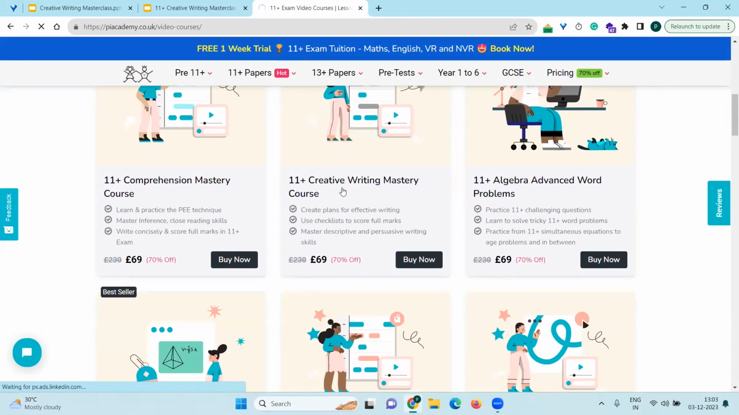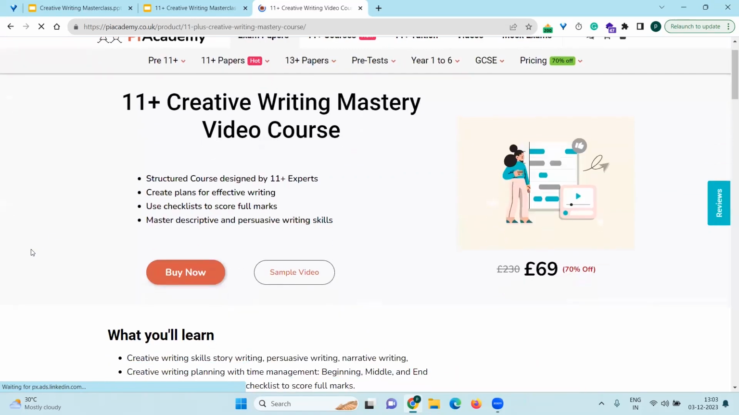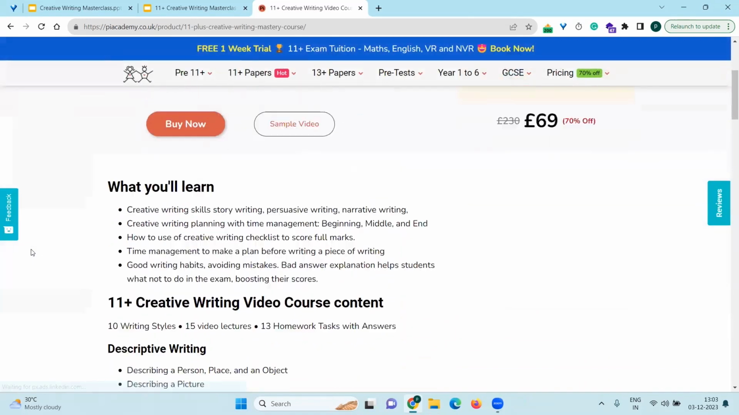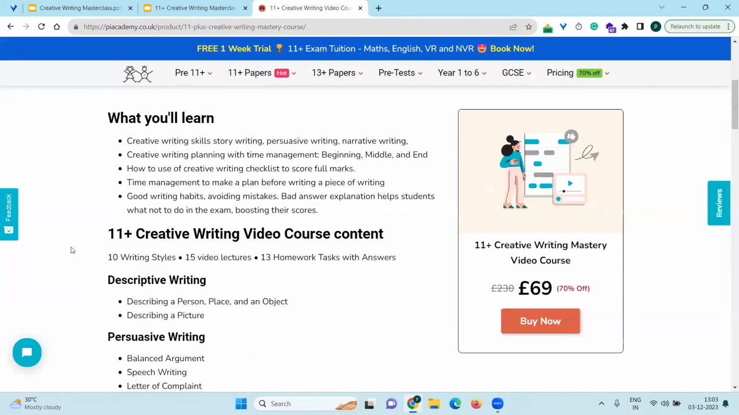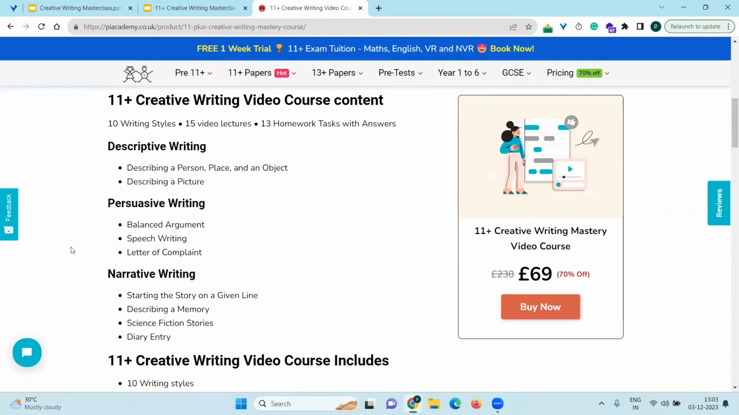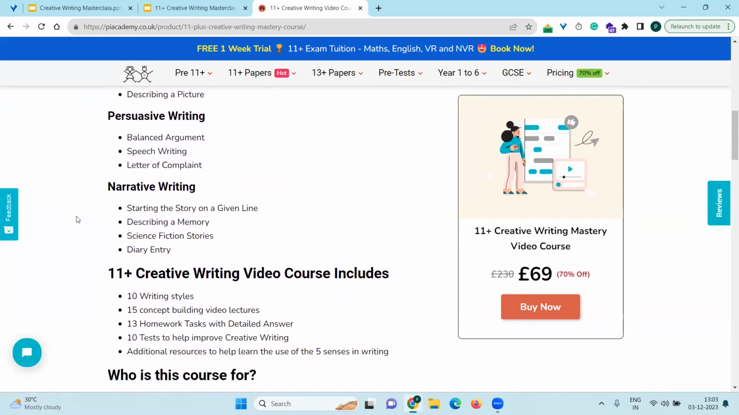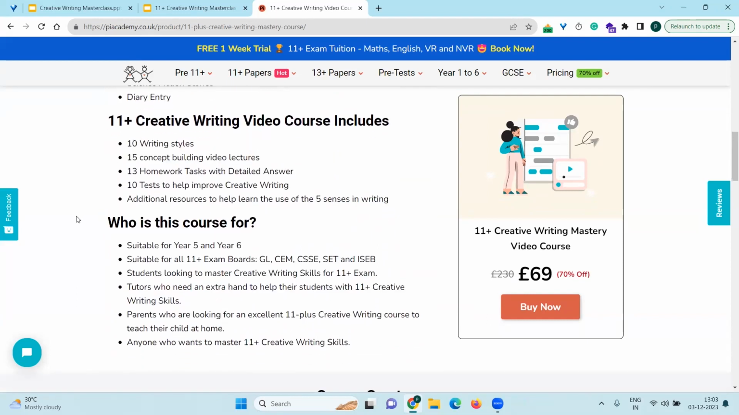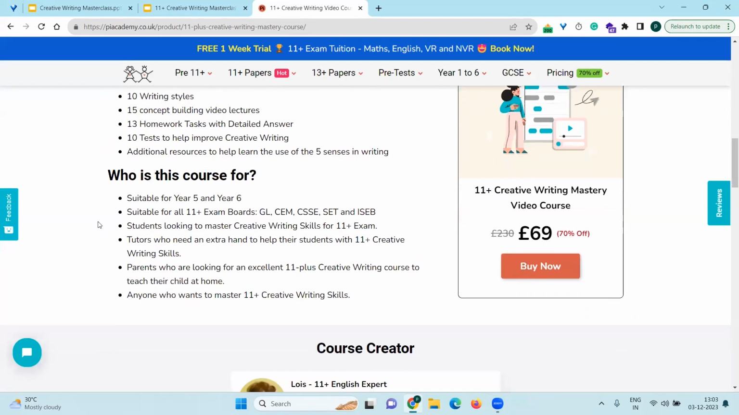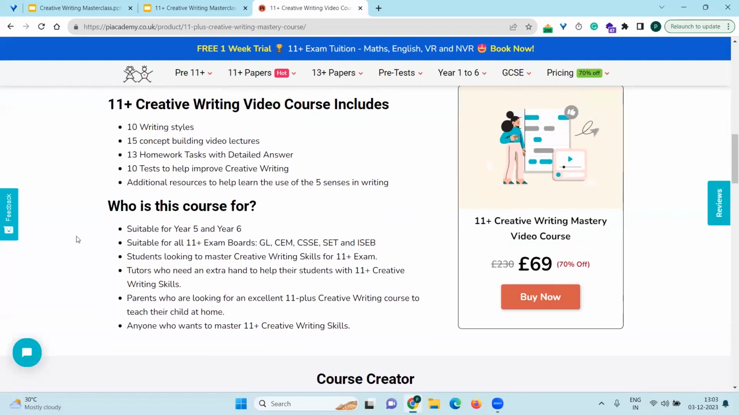So in all of these courses, you would be getting a complete checklist, which would help you structure your answers better and boost your creative writing scores in the final examination. These courses are structured in the following manner. They have detailed videos on descriptive writing, persuasive narrative writing, with lots of homework and tips on how to improve your creative writing. The mastery video course also has tests which you can use to improve upon your creative writing